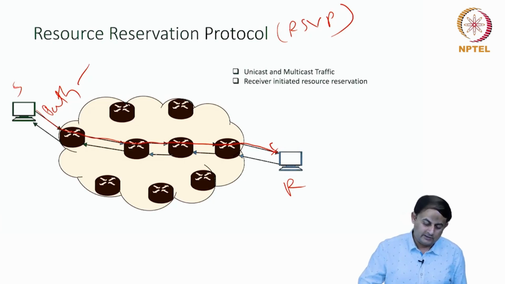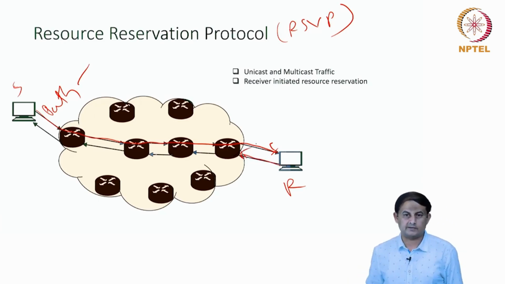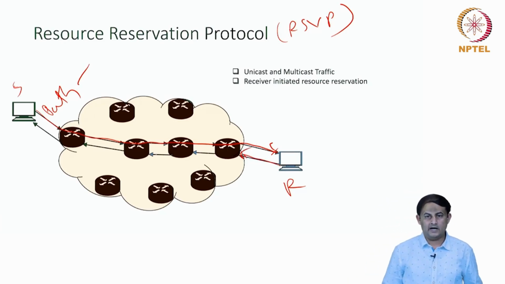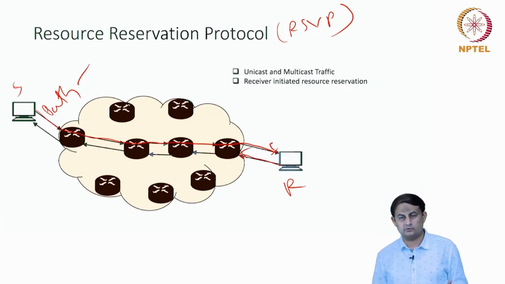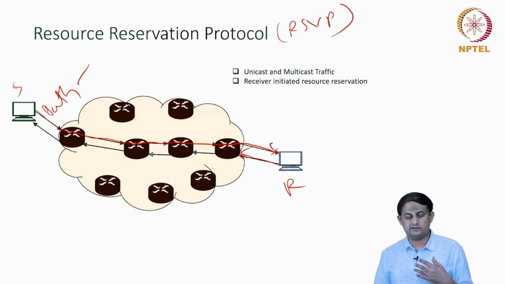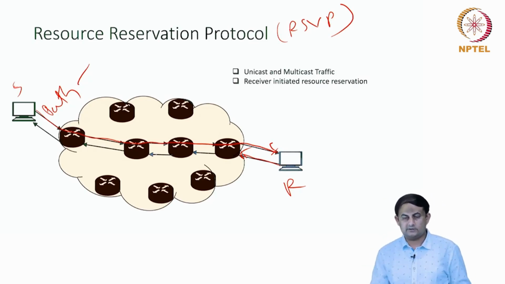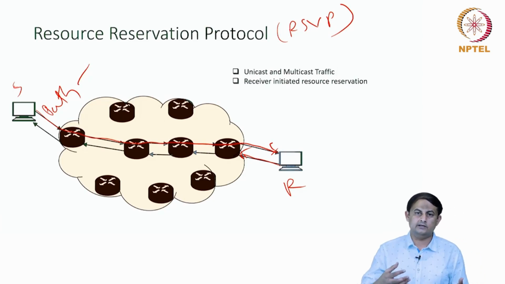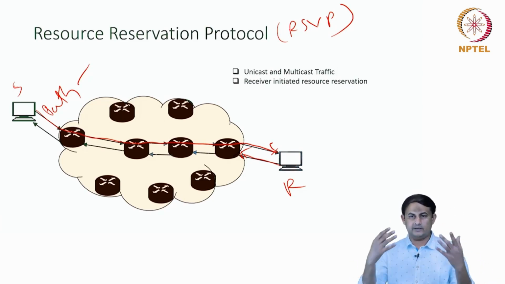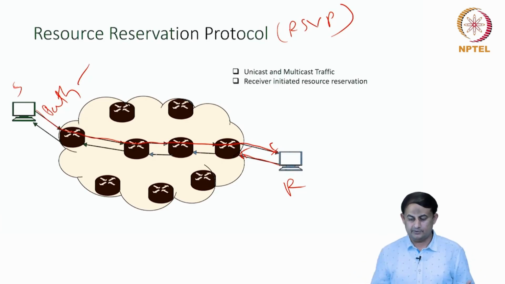So the actual reservation starts in the reverse direction. The receiver initiates the reservation after having received the path message from a particular source. The receiver initiates the reservation of the resources in the reverse direction. So this reservation is telling what parameters are required, what bandwidth is required, what throughput is required